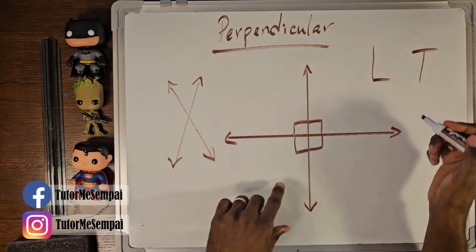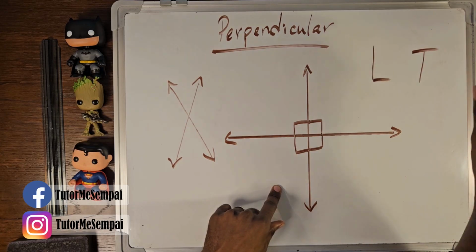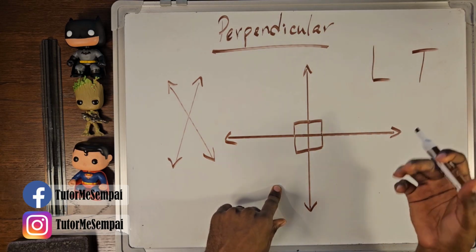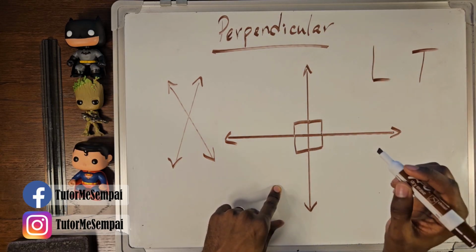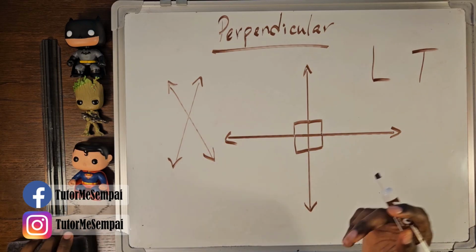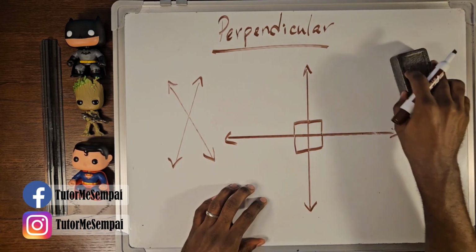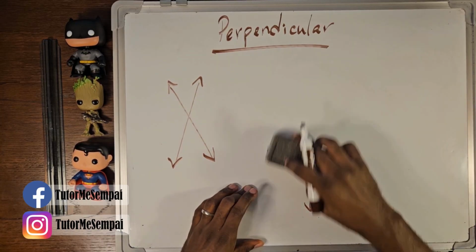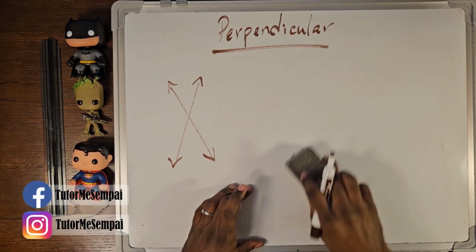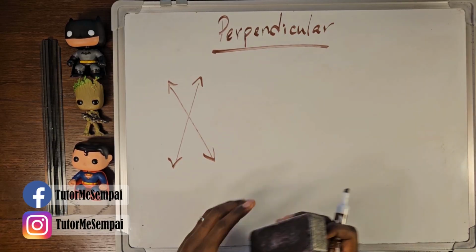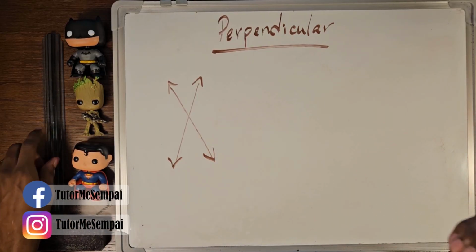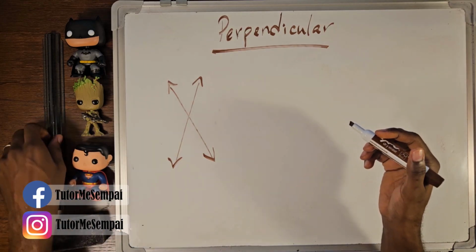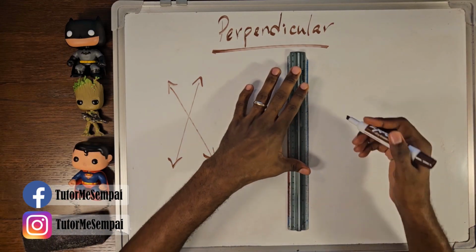They're going to touch and give you this L or T, the capital L or T shape, creating your 90-degree angle. And one thing about perpendicular lines is it doesn't matter where on the line it intersects. As long as you get that 90-degree angle forming, that L or T, you're good. So I'm going to draw this again,